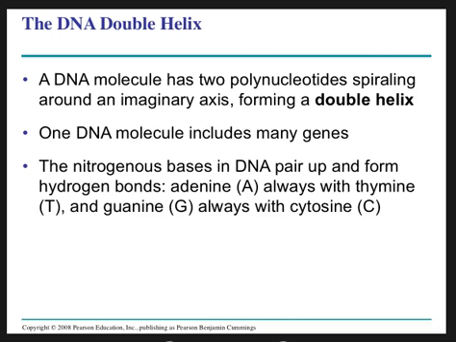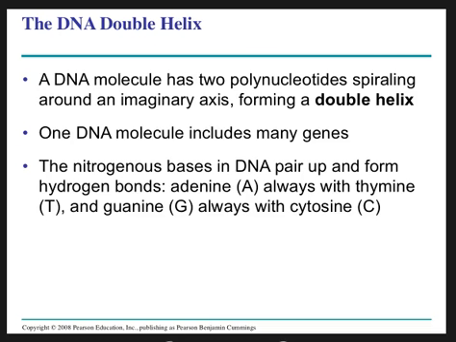But what we have are two strands of polynucleotides that spiral around an imaginary axis, kind of like the rails on a freestanding spiral staircase. Okay? That formation, that shape, is called a double helix. We'll talk a lot about how that was discovered later in the semester. Keep in mind that one molecule of DNA, one strand of DNA, is going to include many, many genes,